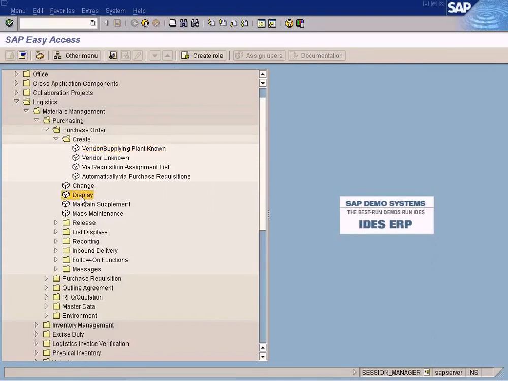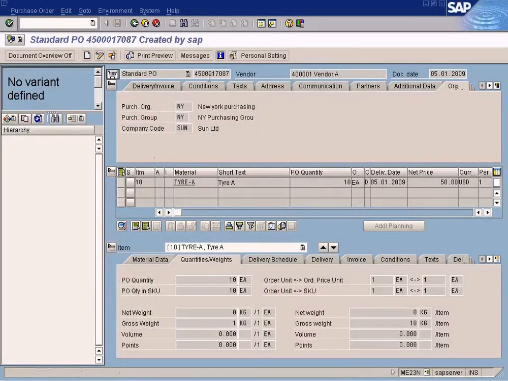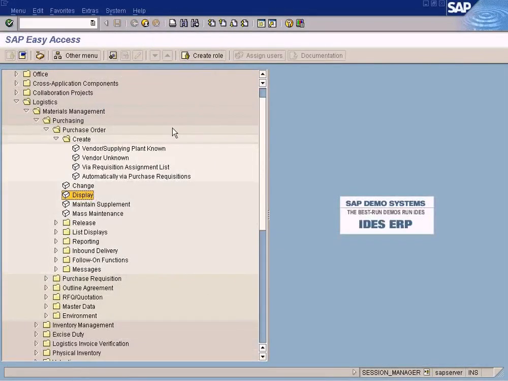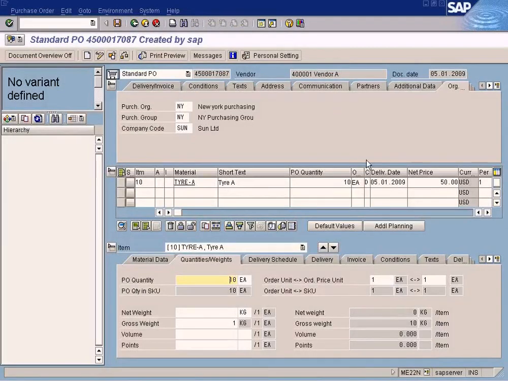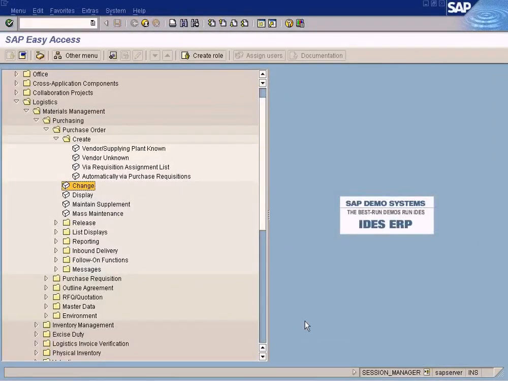Let us go back to here. If you want to view the purchase order, you can choose this option to view the purchase order. It's here. You can also change using this option. Most of the information can be changed, even the net price can be changed. Now let me